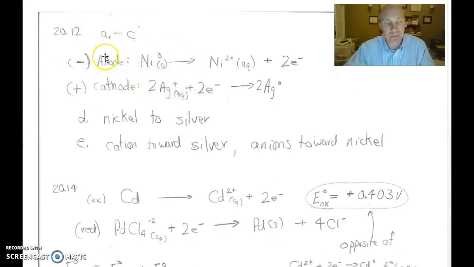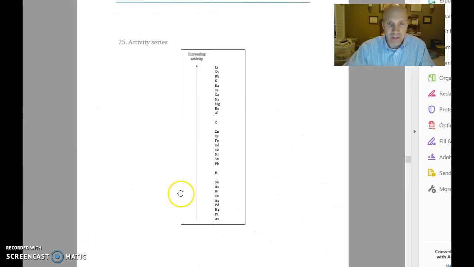All right, so the first one talks about having a half cell with silver in a silver nitrate solution, and it also has nickel in a nickel nitrate solution in the other half cell. All right, so first you've got to figure out what's going to be the cathode and what's going to be the anode. So what I would do is let's look over here and see which one between nickel and silver,